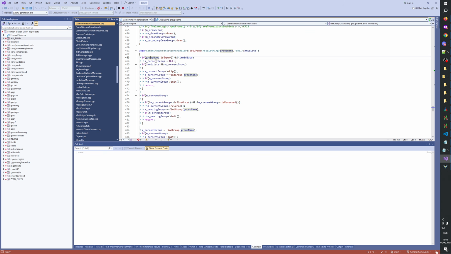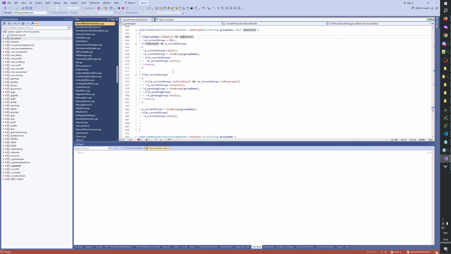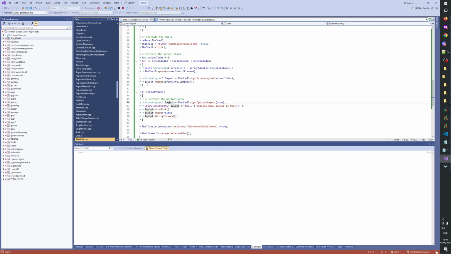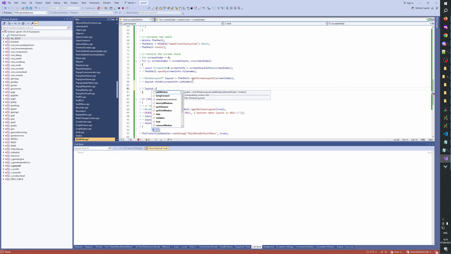True. I wonder, does this window layout maybe have access to some